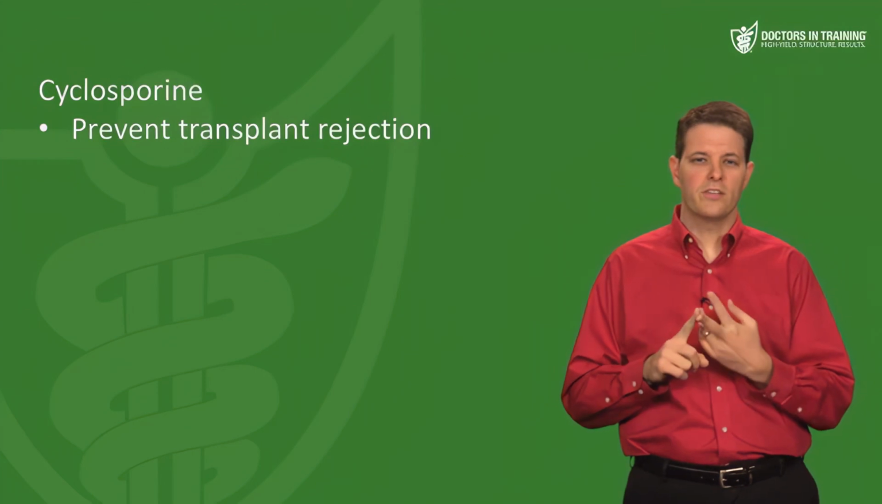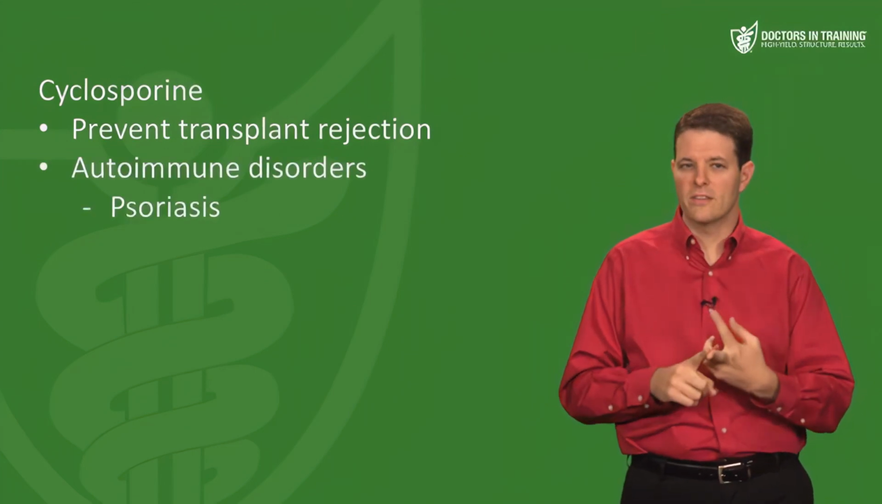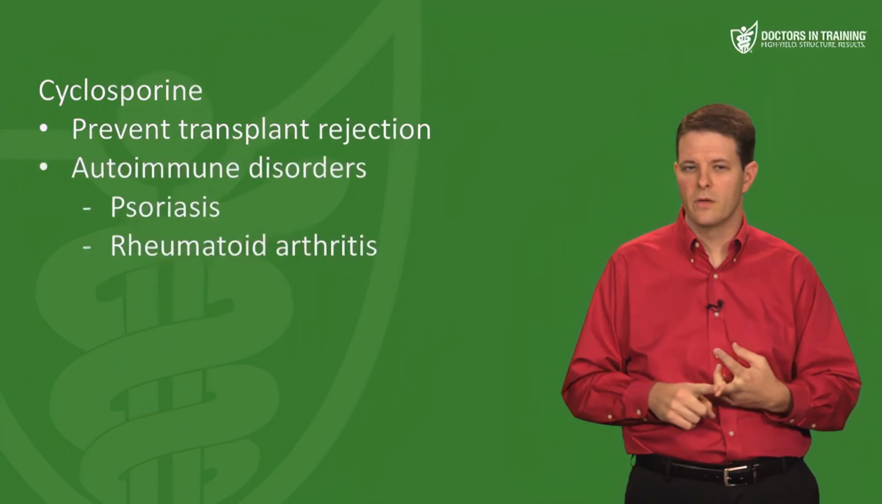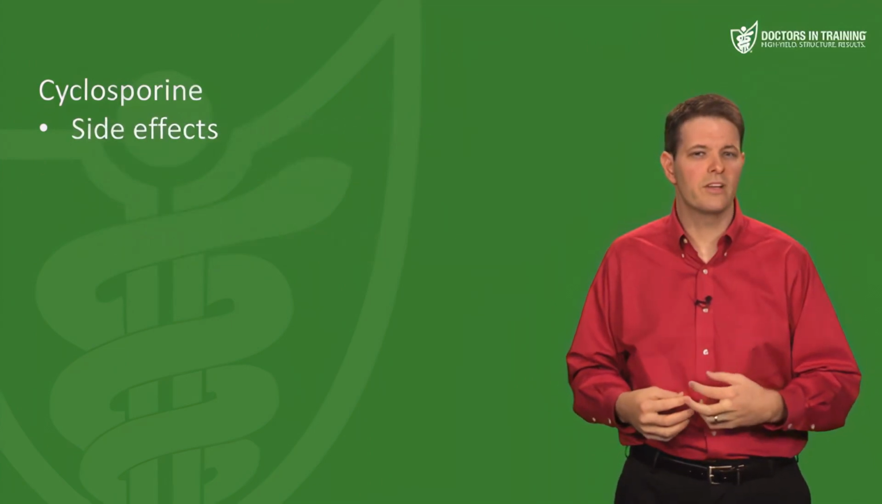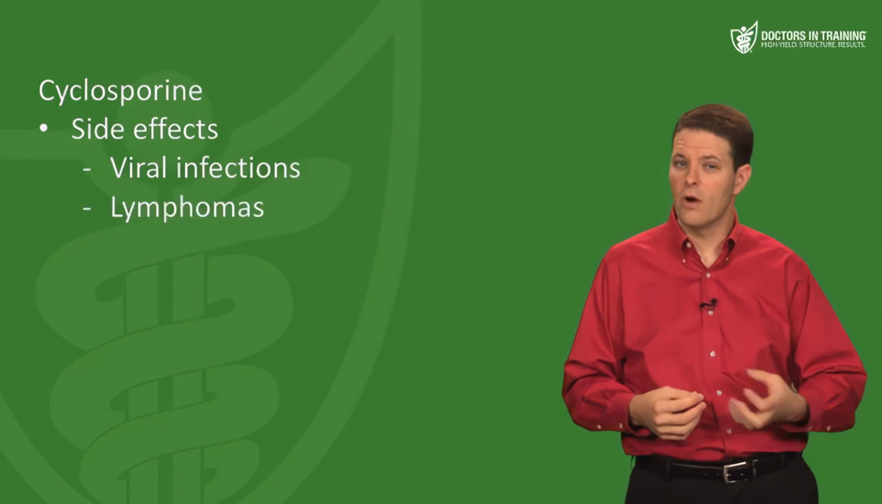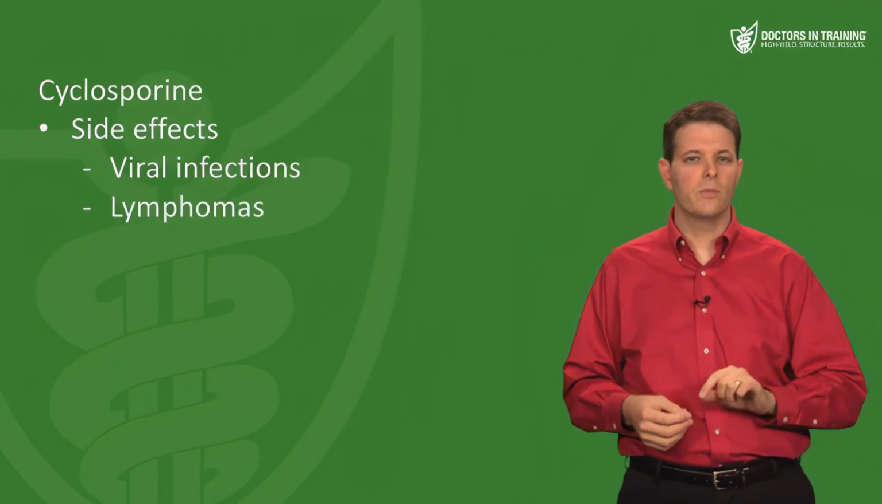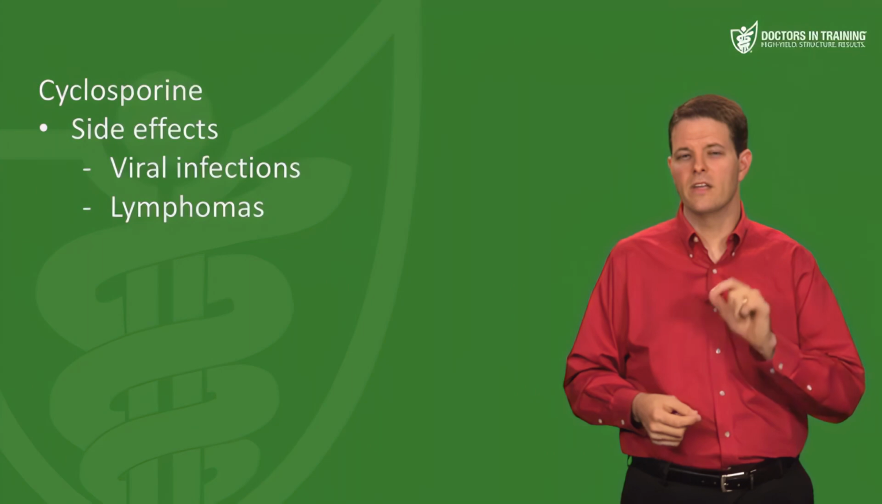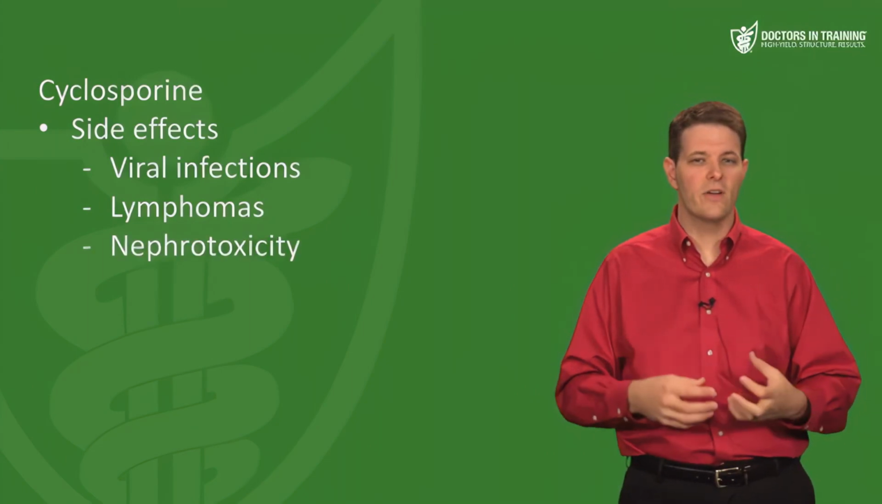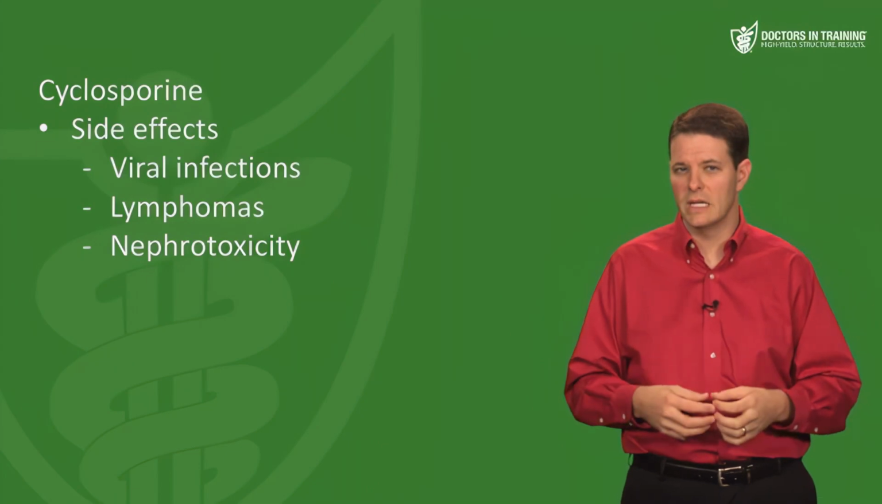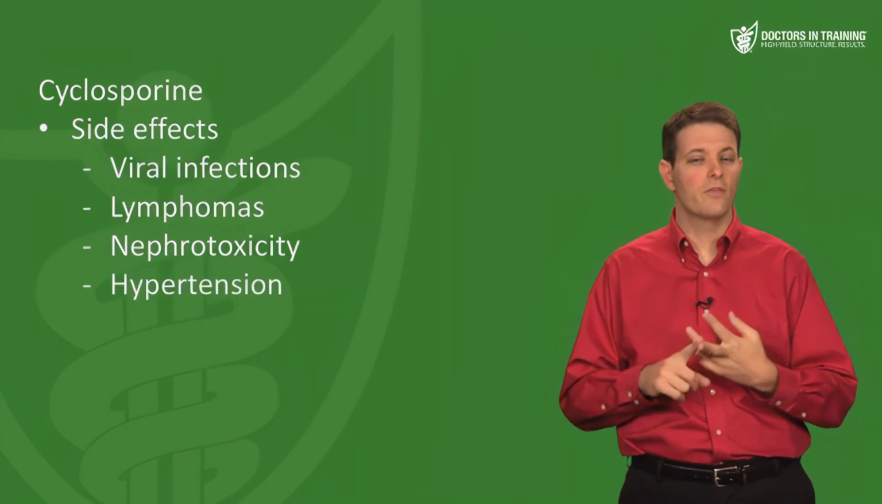It's also used to treat certain autoimmune disorders like psoriasis or severe rheumatoid arthritis. Then for side effects, when you suppress cellular immunity, that's going to predispose to viral infections and lymphomas. But the unique thing I want you to remember is that cyclosporin can cause nephrotoxicity. Cyclosporin causes vasoconstriction of the afferent and efferent arterioles in the kidney, and that leads to hypertension and nephrotoxicity as